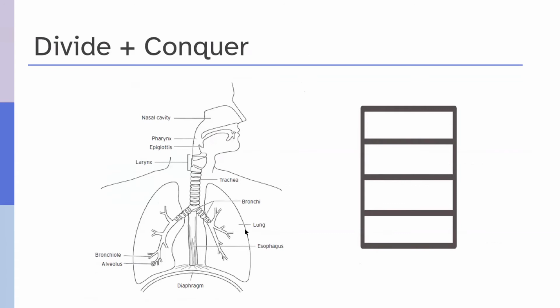Great, thanks, Valerie. So continuing on the theme, we're talking about dividing and conquering. We've got an image of the upper respiratory tract on the screen here, and this is another thing that you could use the sector approach for, looking at it as a journey from the mouth and the nasal cavity all the way down to the lungs and the diaphragm. So you can segment it all the way down the respiratory canal and describe each area in turn.